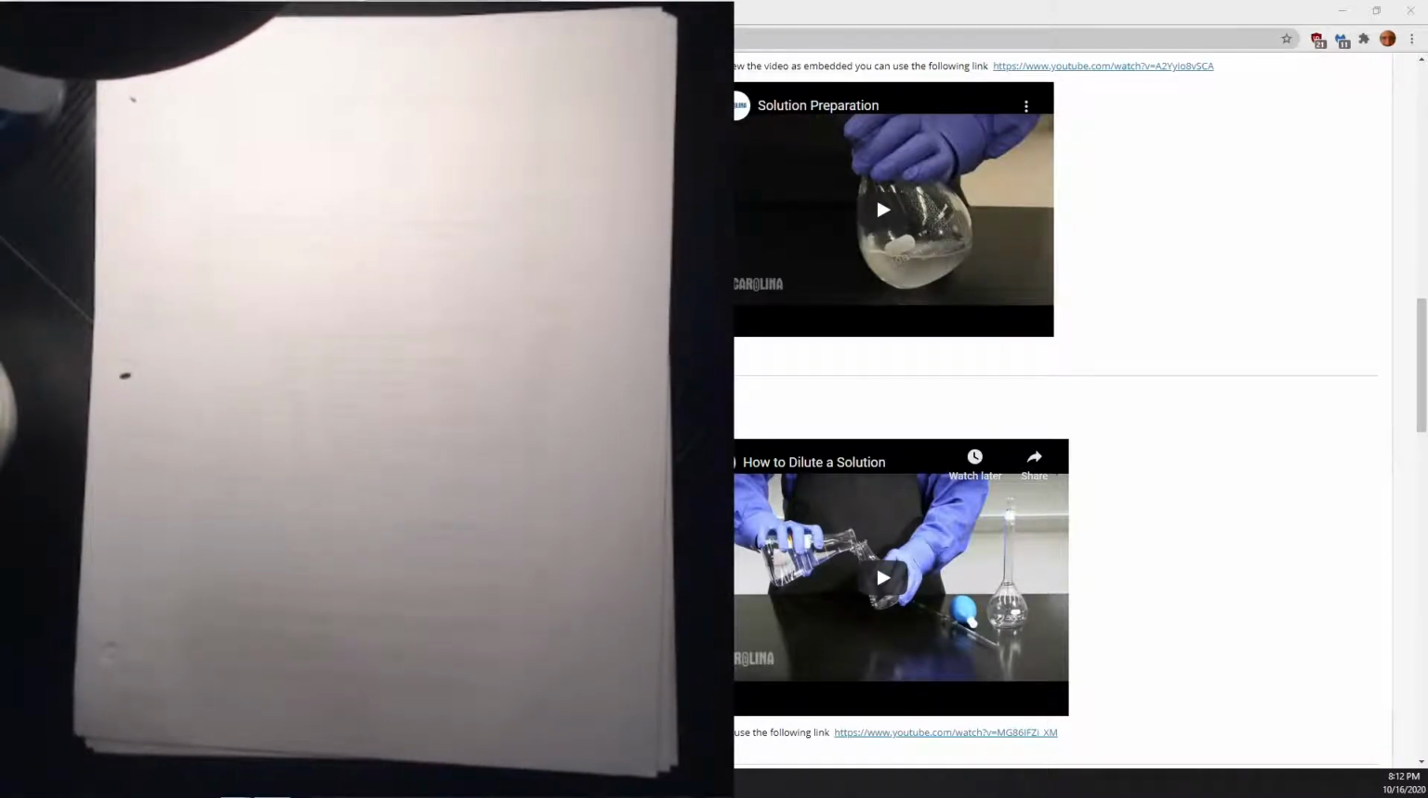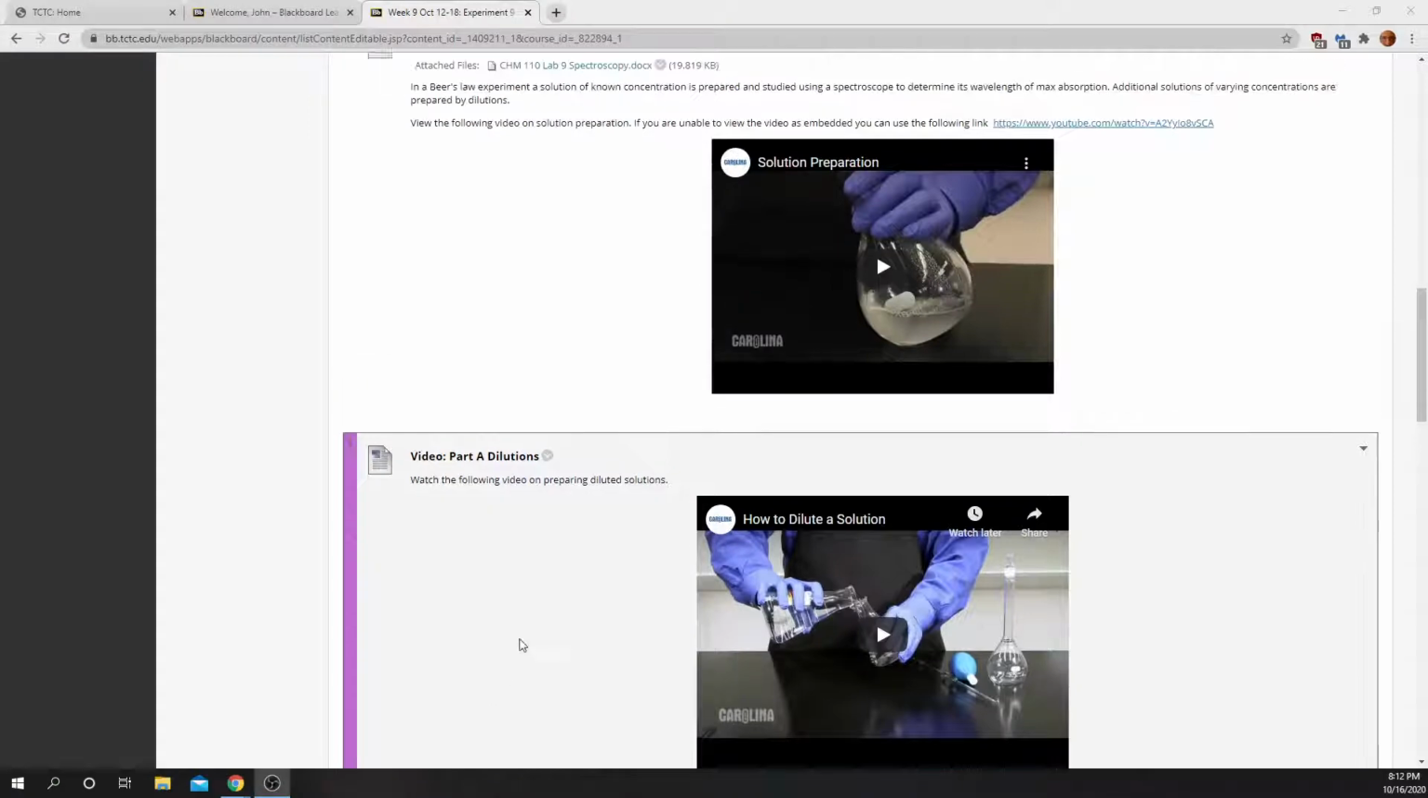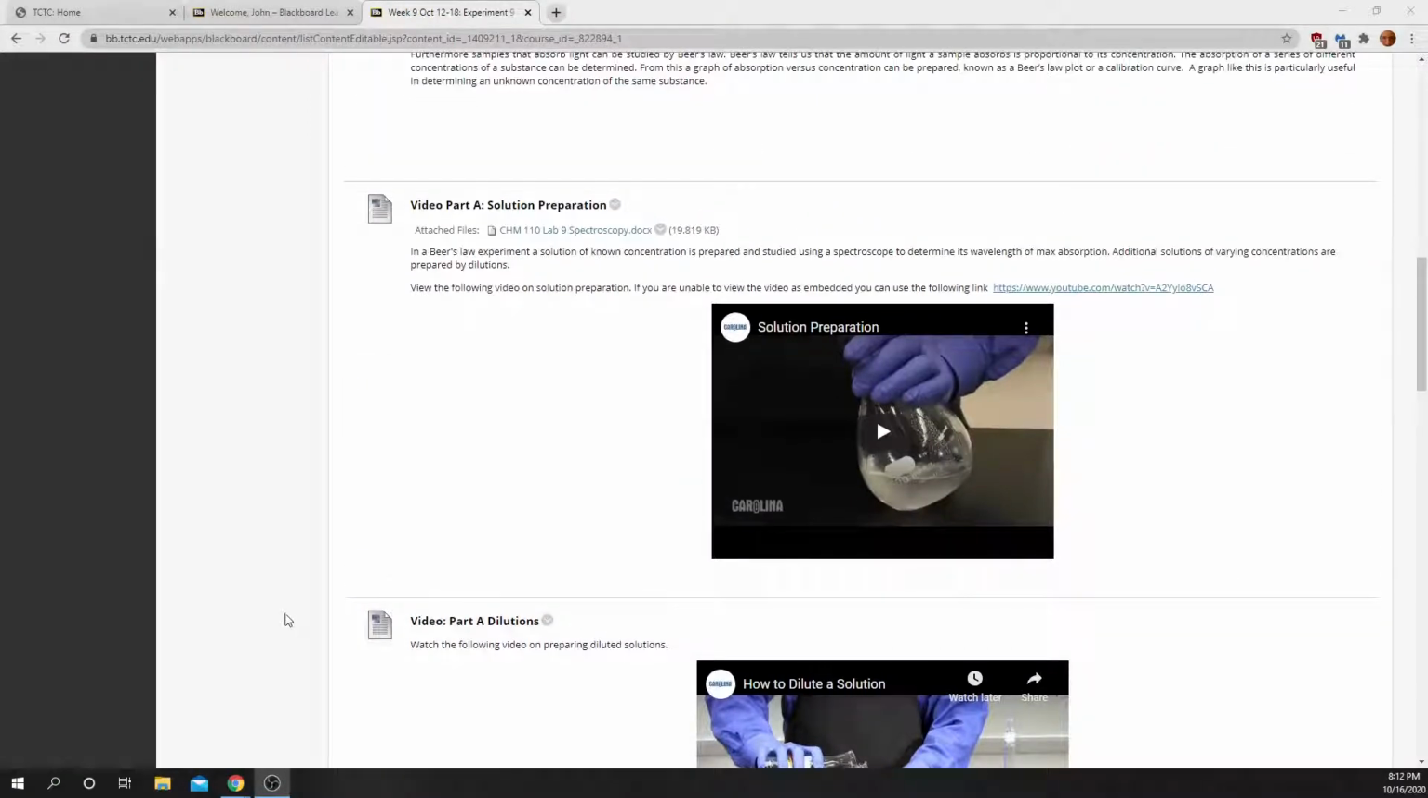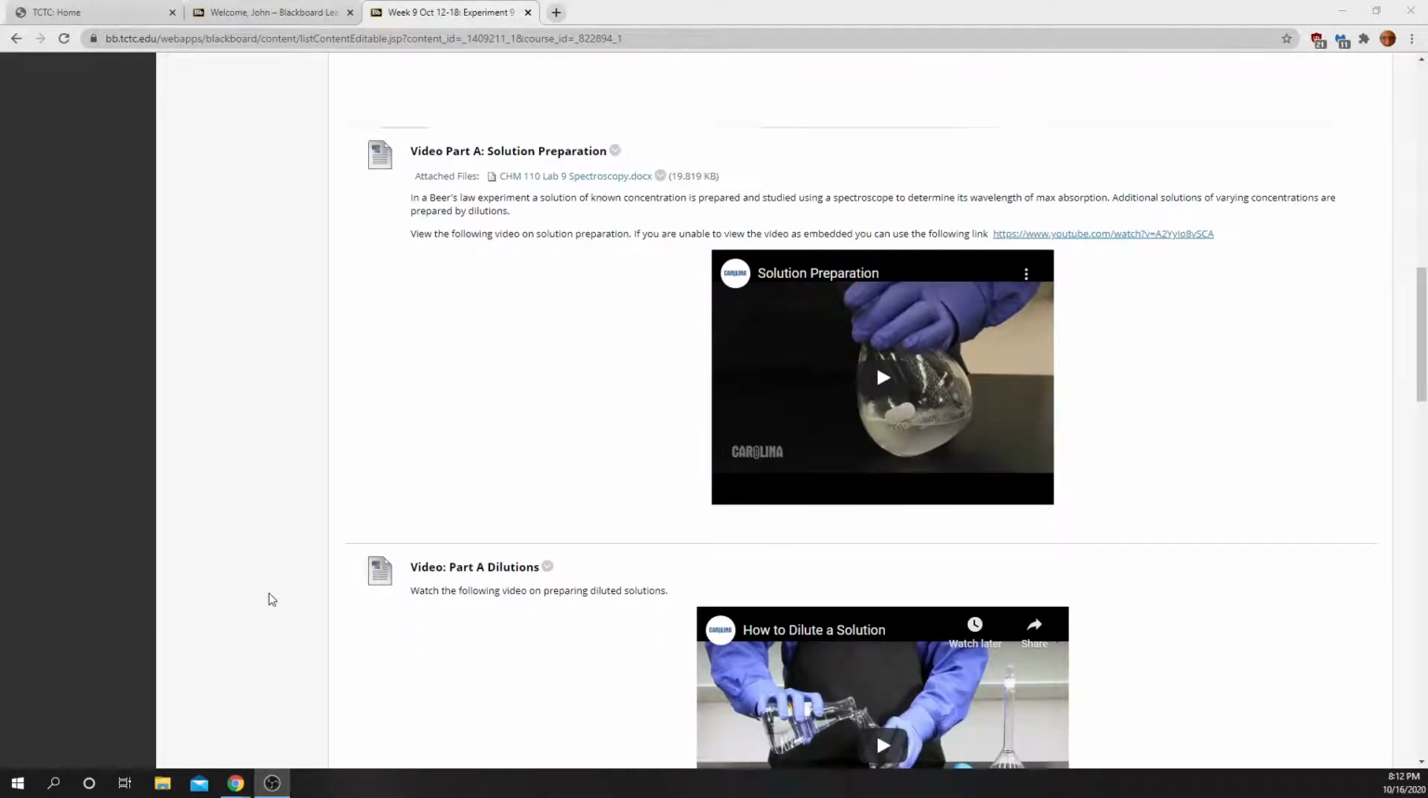So that's how you would make a solution like that. For a 250 ml solution, you would use a 250 milliliter volumetric flask. For a 500 ml solution, a 500 ml flask. That's if you want a really well characterized solution, and you usually do. So what you're going to do in this is, first you're going to make a stock solution, and then